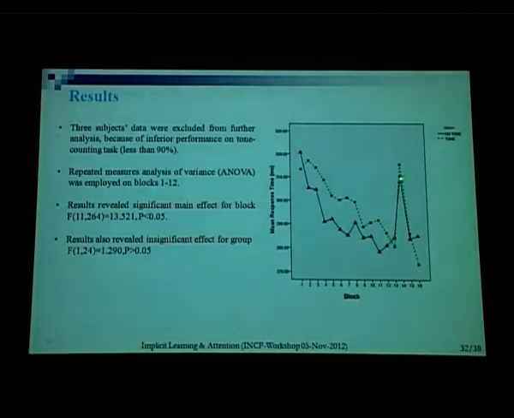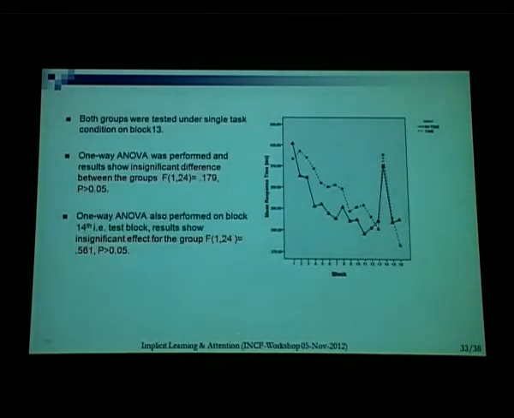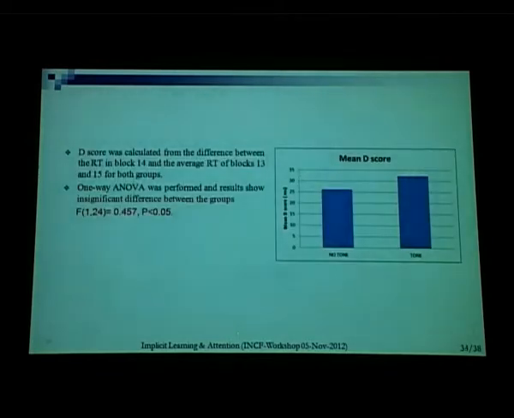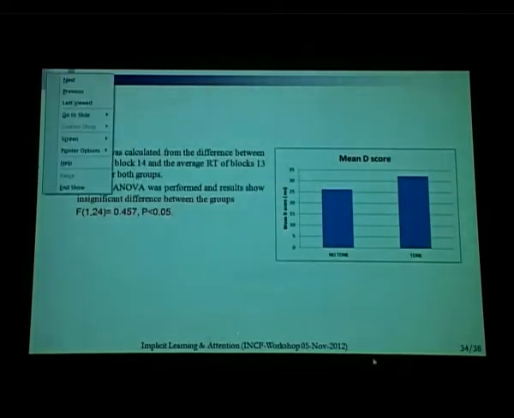When you introduce a new sequence, there is an increase in RT, right? Indicating that they have realized it is not the same sequence, right? So there is no difference in prediction. I mean, they are as predictive in the dual task as in the case of the single task, right? So these are some details of those results.